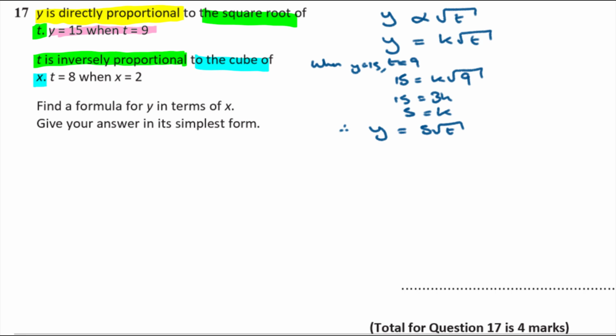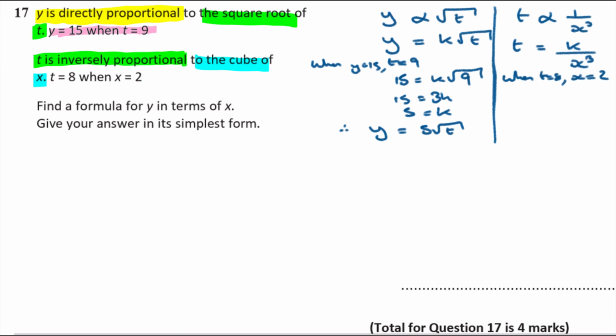The next part is to do the same thing but for t and x. I'm told that t is inversely proportional to the cube of x, so t is proportional to 1 over x cubed. Replacing the symbol of proportionality with equals k, I'm going to get t equals k over x cubed like that. We know that when t is 8, x is 2. So that's going to give me 8 is equal to k over 2